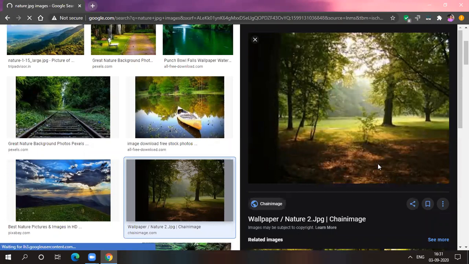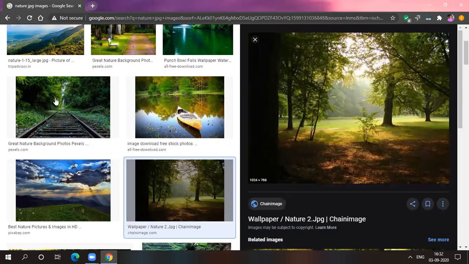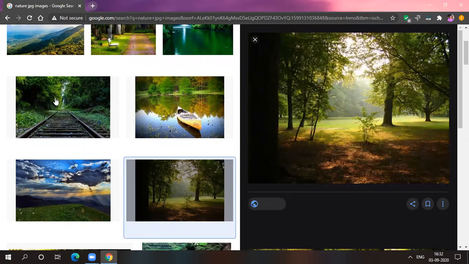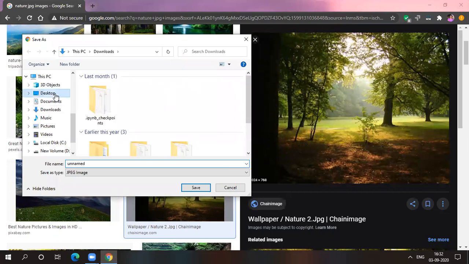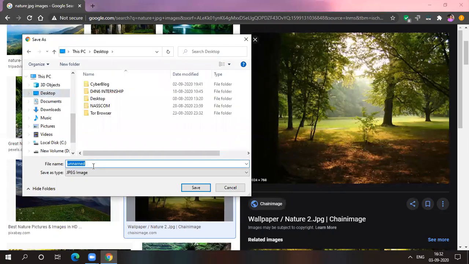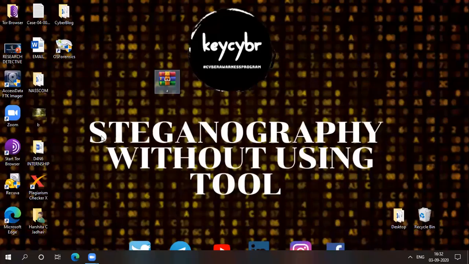Okay, so now I have to save the image as, and the image file will also be saved on desktop. So our rar file and our jpg file will both be saved there. Now I am renaming the file to b, so it will be easy to recognize our image file. Okay, so now our rar and image file are downloaded. So I am closing this window. Now this one is our rar file and this one is our image file.